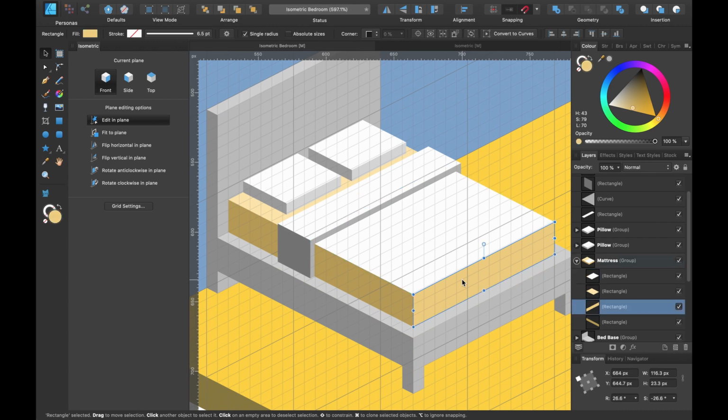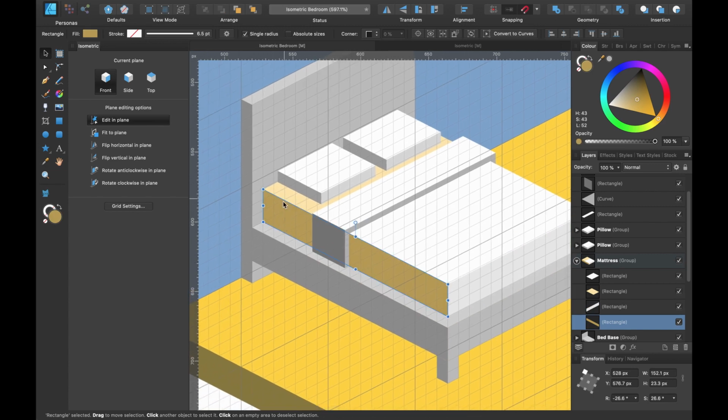In fact, I will just change the color of this. So I'll make it a little bit lighter gray, something like this. And this will have to be much darker. But for this one, because it goes up and you can see the mattress here, or the under sheet, I will click Command J, which has duplicated that in the layers panel. Now I'll just drag that duplicated layer, and I'll make that some kind of darker gray, like so.